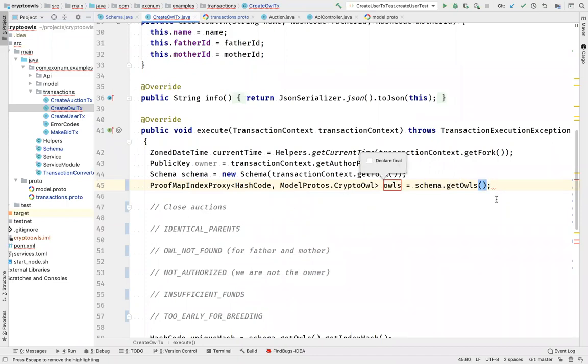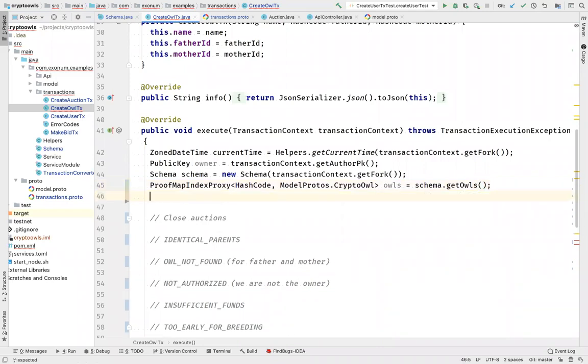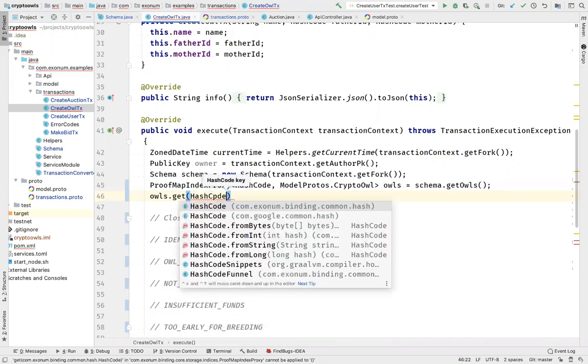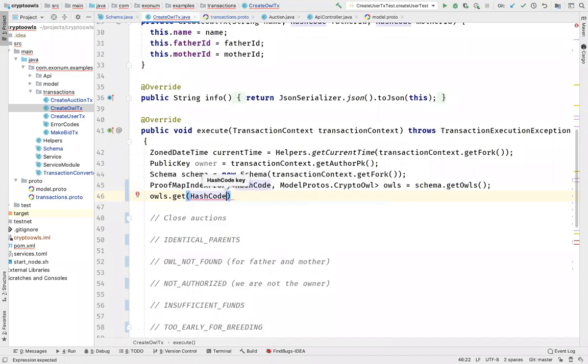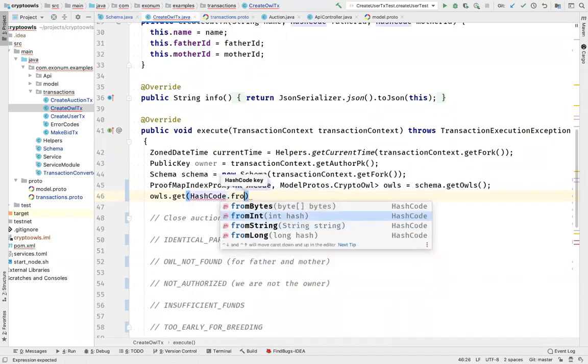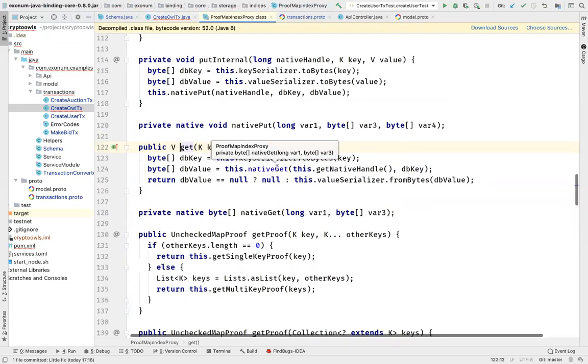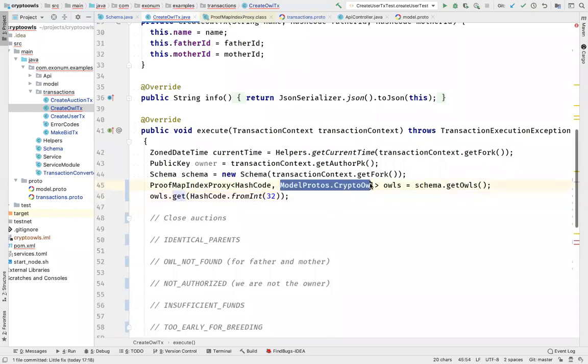And later you can just use some methods like get, and you can pass a key as a hash code here. And get returns the model protos crypto_all class,